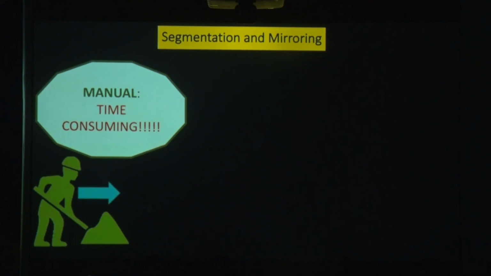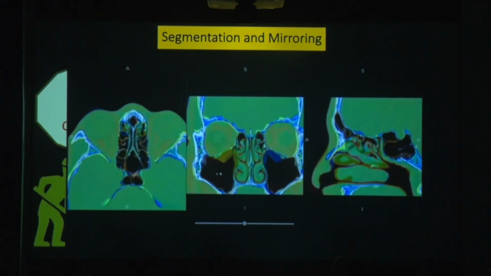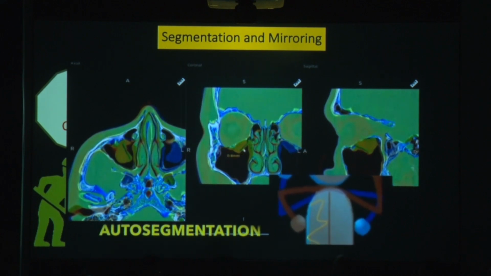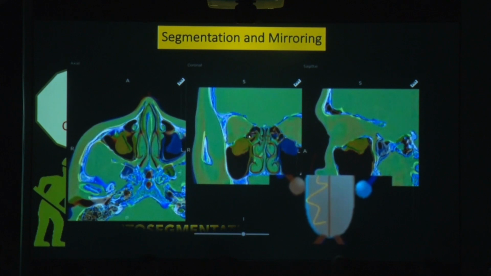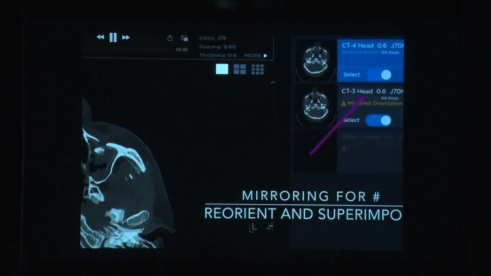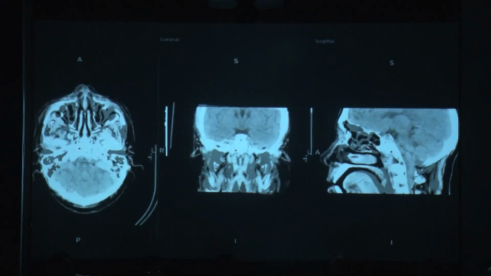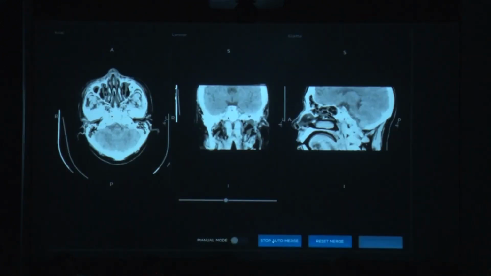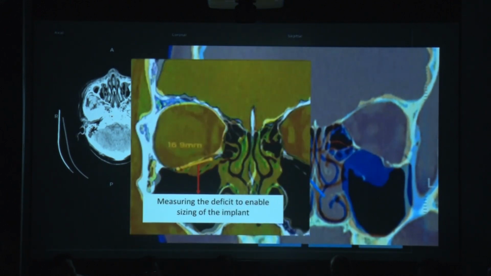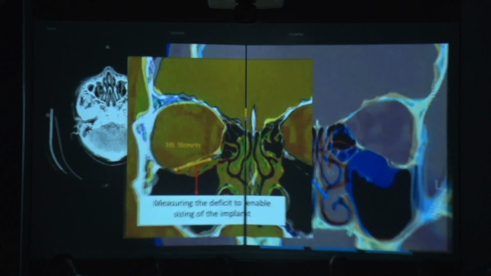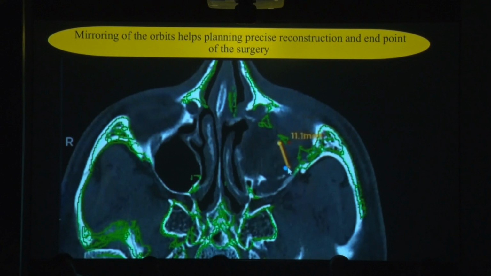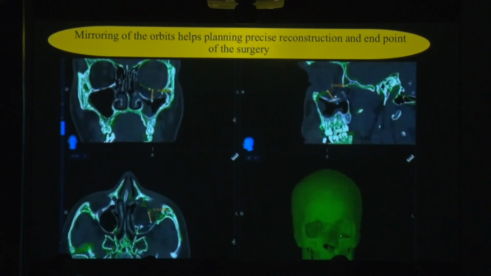Manual segmentation is a time-consuming task, whereas auto-segmentation of the area of interest, followed by the use of the mirroring feature, involves the superimposition of the contralateral normal orbital skeleton onto the disrupted site, which finds its use in unilateral disorders. The CT images are loaded twice, merging the mirrored orientation onto the original. This helps identify the exact measures of the defect and quantifies the displacement. Based on this preoperative planning, we can design a patient-specific implant to replace the defect and provide the required support